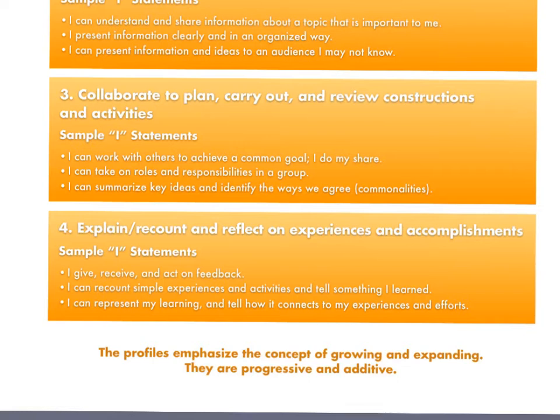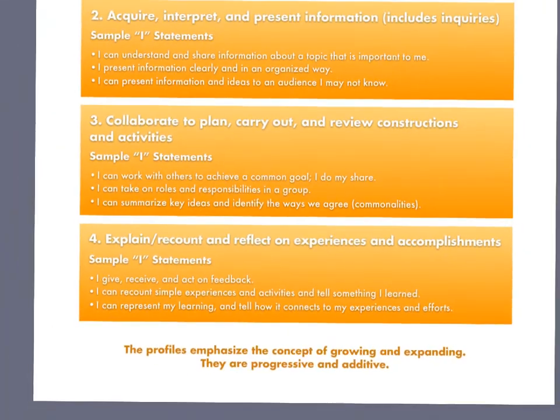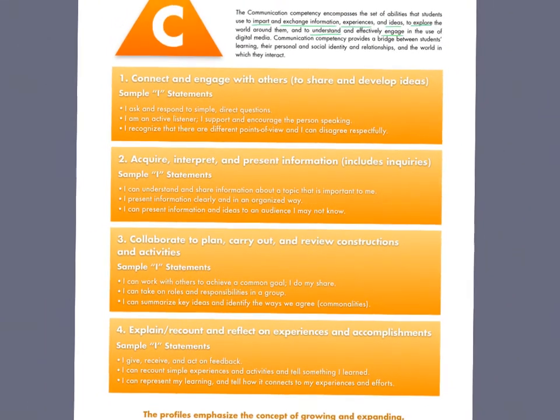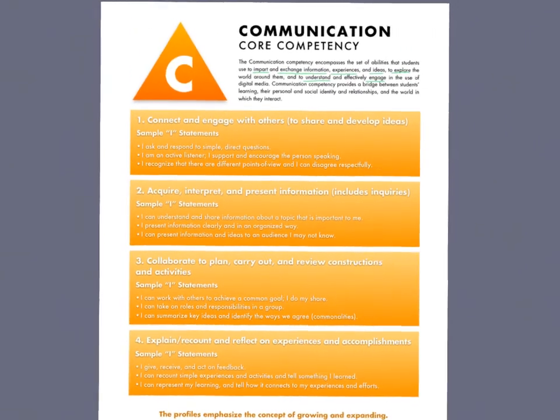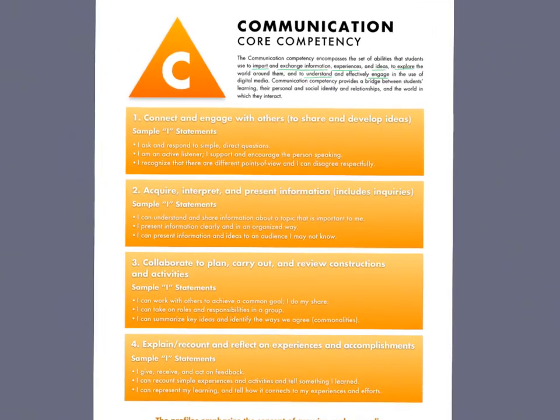I can recount simple experiences and activities and tell something I learned. I can represent my learning and tell how it connects to my experiences and efforts. So this is not all that is encompassed in communication, but it helps to give us a brief idea of what this core competency involves, and hopefully has helped you think of a few areas this year or in past years where you have engaged in effective